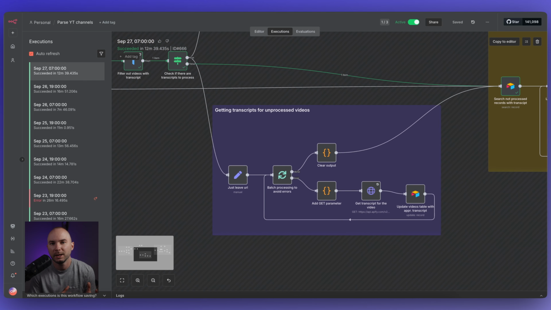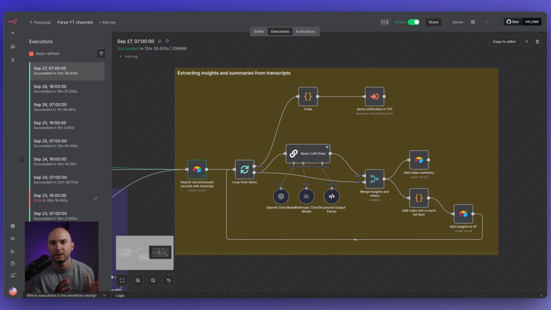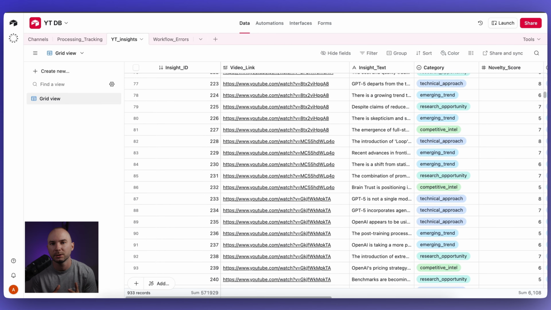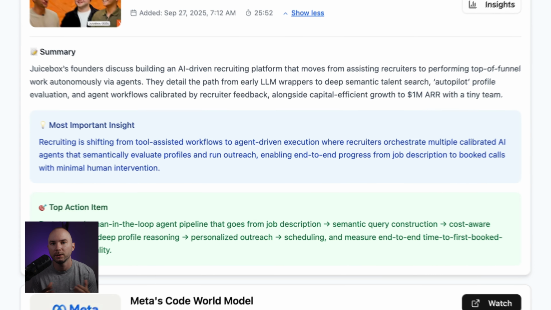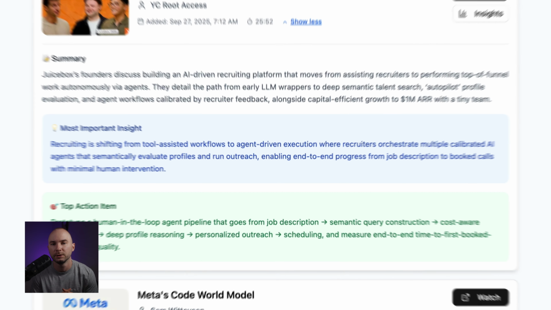Building the AI workflow is only part of the job. If in the end the only thing that you have is a JSON or a giant spreadsheet, it's like writing a book and handing people a pile of loose papers. A good custom UI is what turns your automation from a one-off project into a tool that you can use